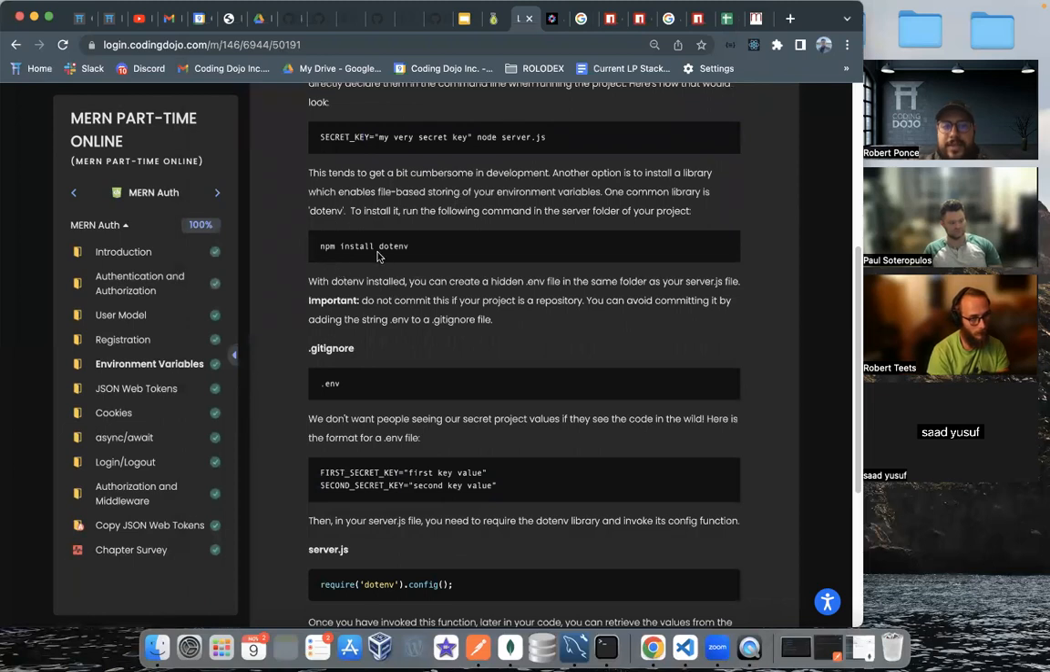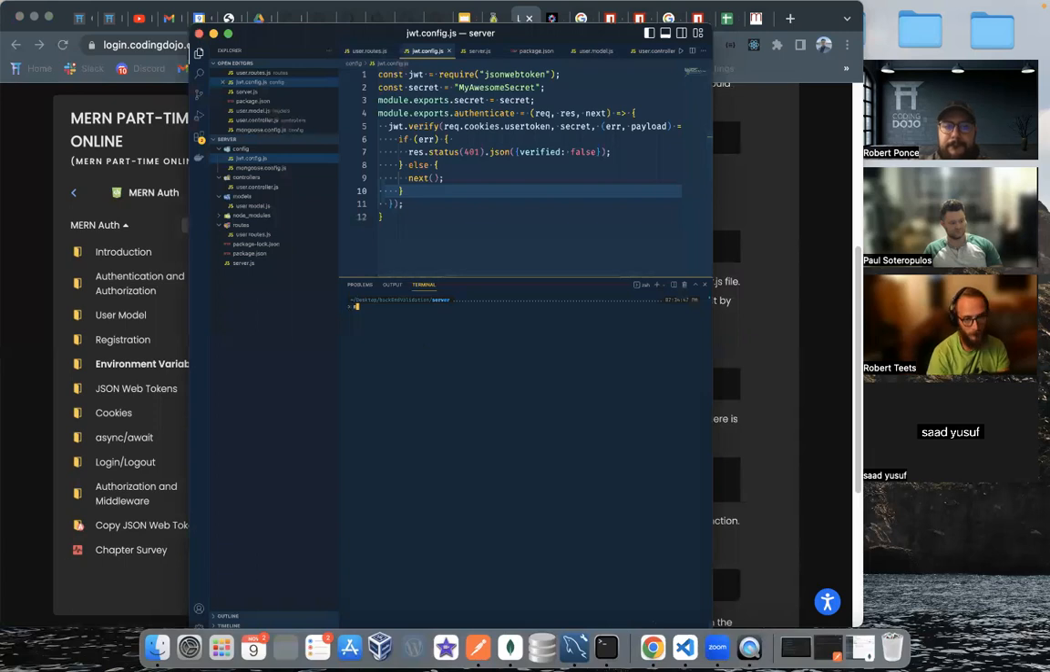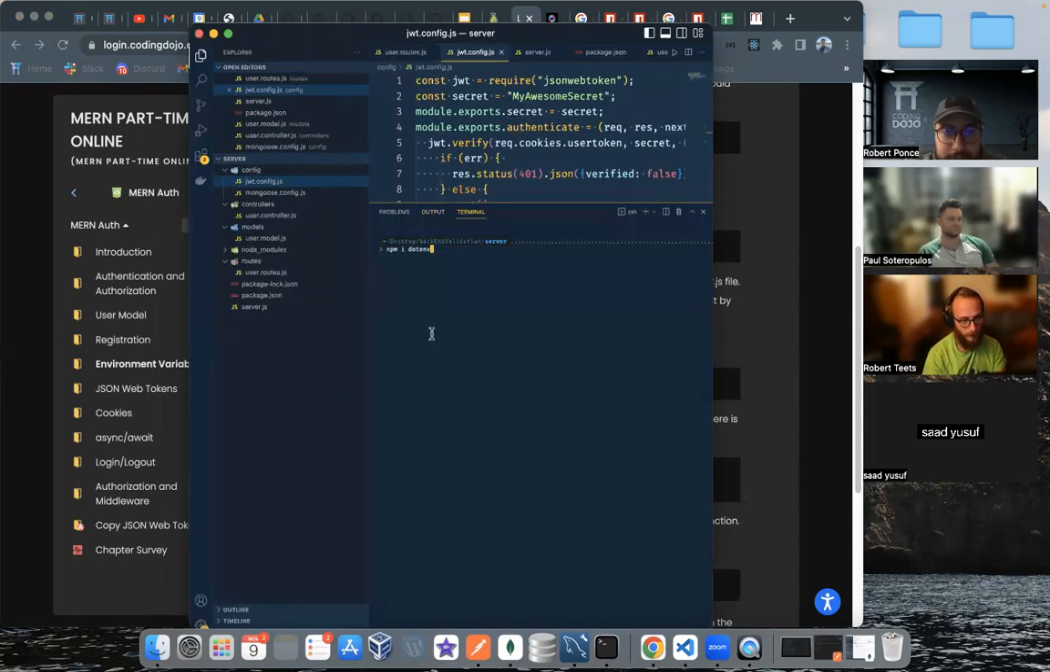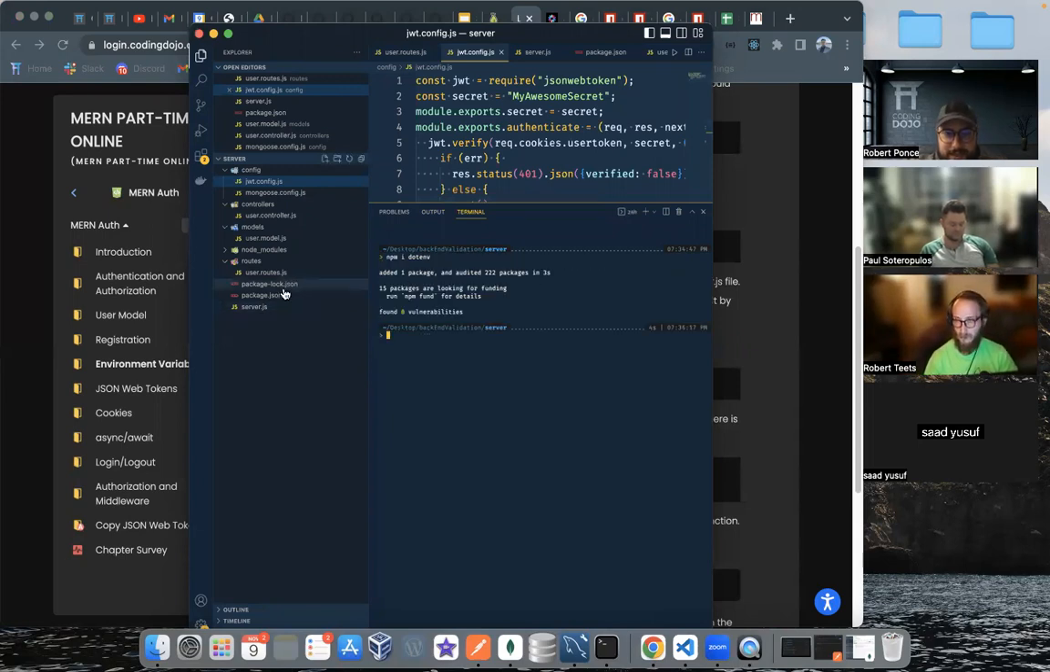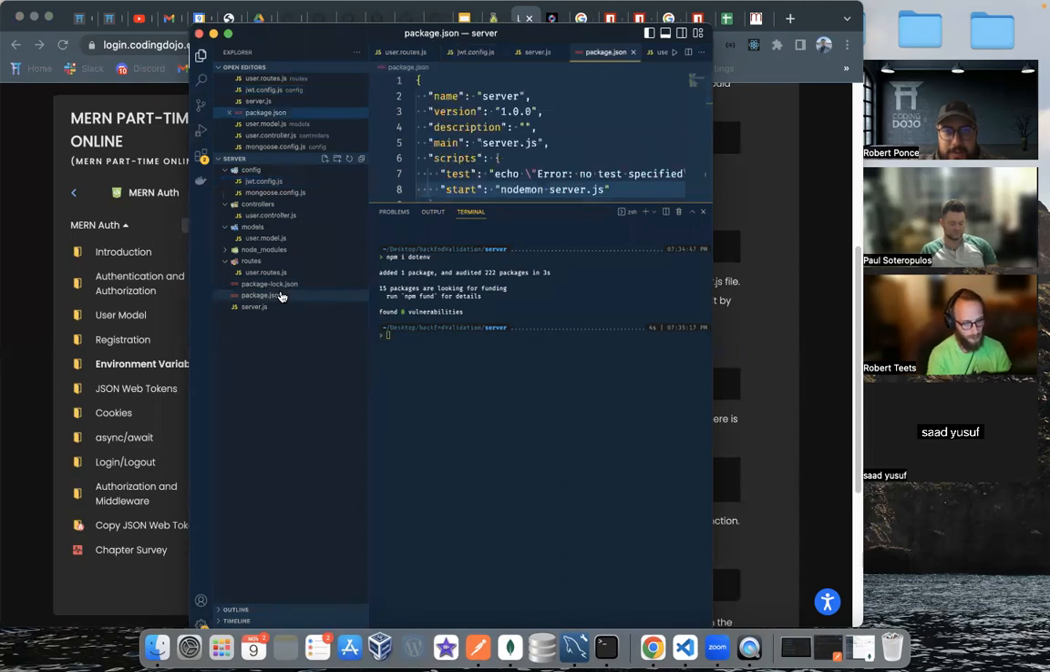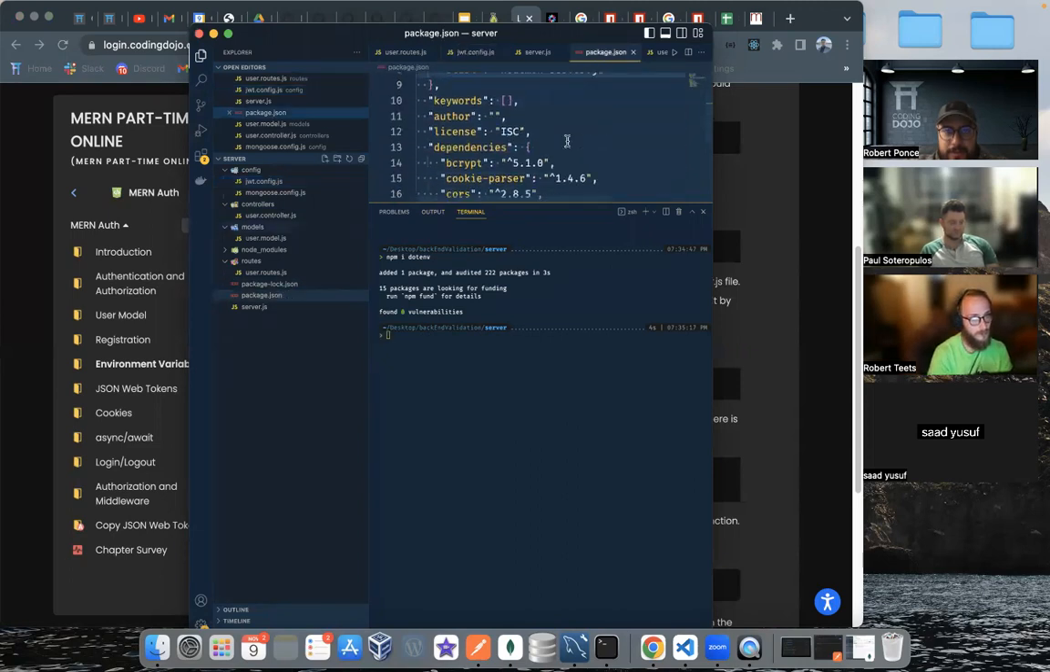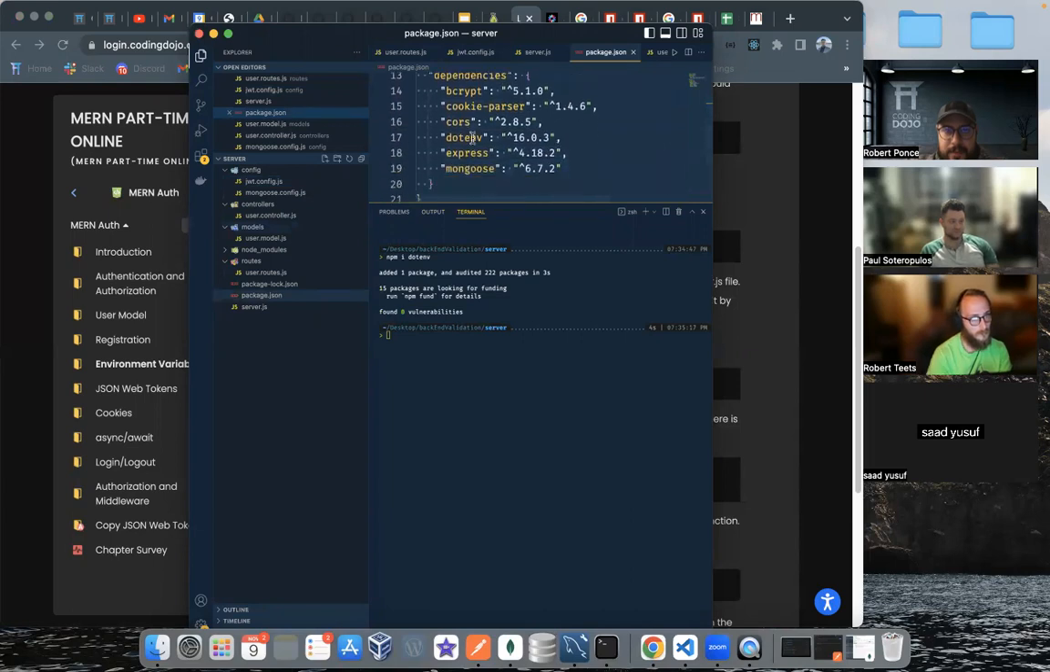It says npm install dotenv. Okay, let's do that. I need to make sure that I'm typing correctly. All right, npm install dotenv, so we're installing it. Let's make sure that it's installed. Package.json, and we see it right there. Cool. The next thing I want to do inside of my server,